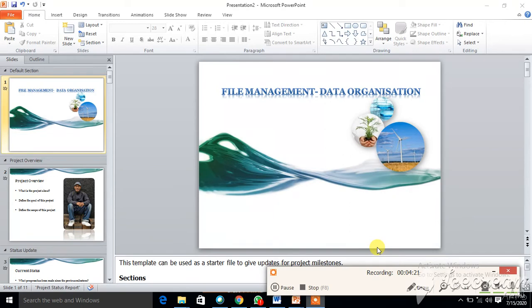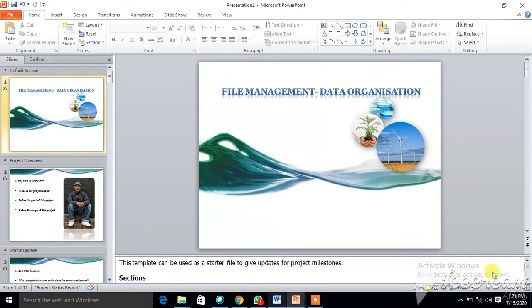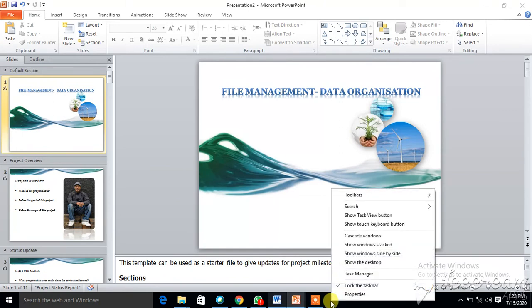Windows allows us to open multiple files, multiple applications, and work in them at the same time. And let me show you practically. Like suppose I have a PowerPoint file. To open a PowerPoint file, you can click on Start, All Programs, and then Microsoft Office, and then PowerPoint. And suppose I have opened this PowerPoint file, I'll right click on this empty space in the desktop.